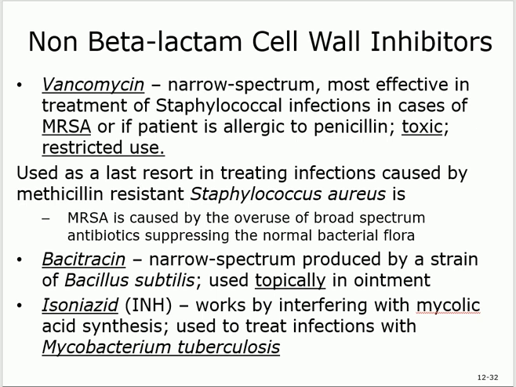INH is used for. Do you remember I told you that for every single medication you need to tell me which part of the bacteria it works on and how? INH, how does it work? Mycolic acid synthesis. And it works for treatment of TB. I put INH here to remind you, you don't have to say isoniazide. They can call it INH for short. Both of them mean the same thing. Okay? But it's used for TB. Mycobacterium TB. INH is used for TB.